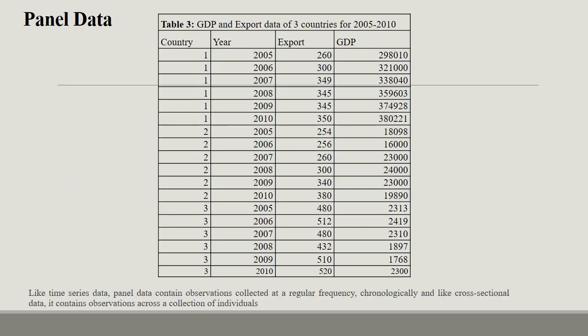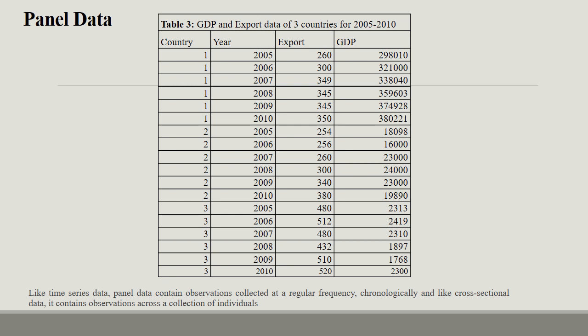Now in table 3, we have combined both cross-section and time series data like this. GDP and export data of 3 countries for the years 2005 to 2010. And you see, we have just placed the data one after another.